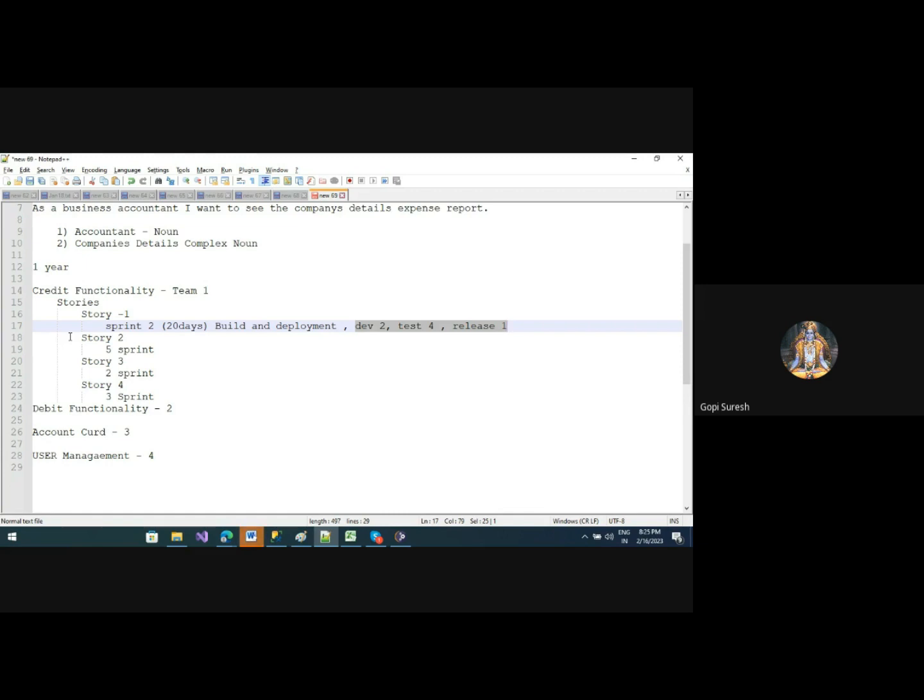Does it make sense? Yeah, Gopi sir, let me ask one question. Yes. Actually, do we need to create multiple pipelines for the dev environment and test environment? With one pipeline, you can target a release for different environments. That is more than enough. Okay, so we can use the existing pipeline for dev and test environments, right? Yeah. The best practice is creating individual pipelines.